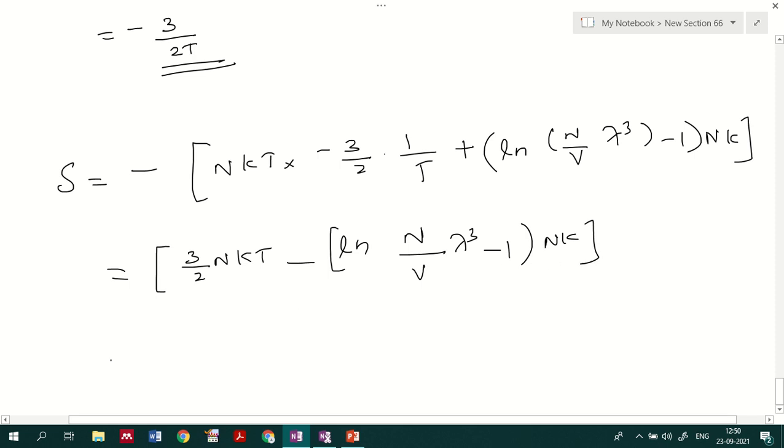Okay, so if I do that, 3 by 2 nk minus 3 by 2 nk minus nk ln n by v lambda cube plus nk, so that is equal to,